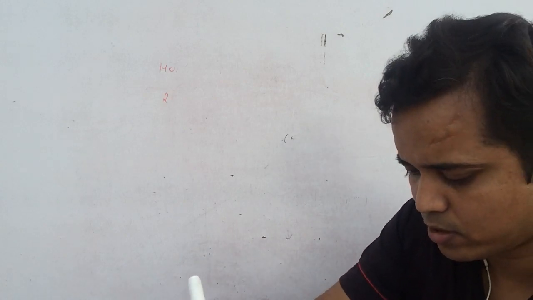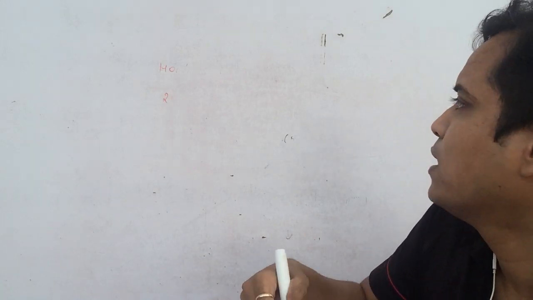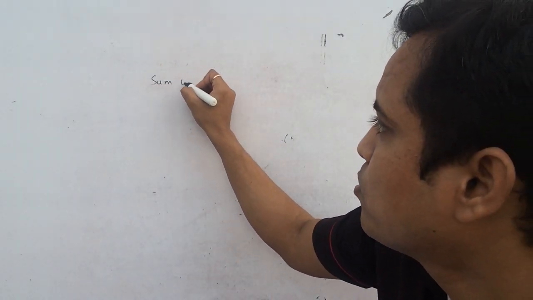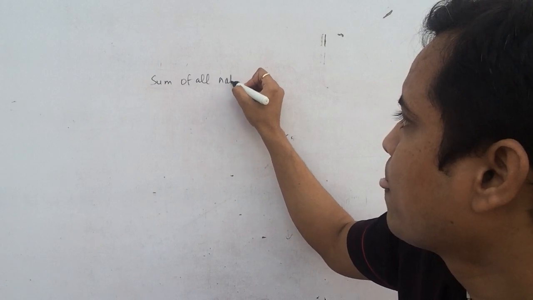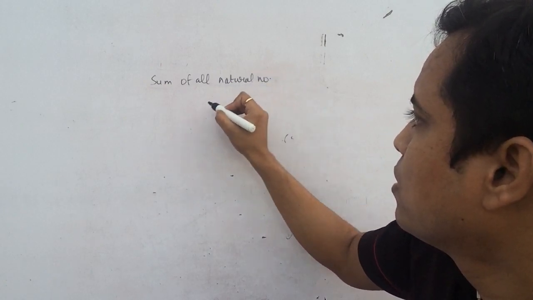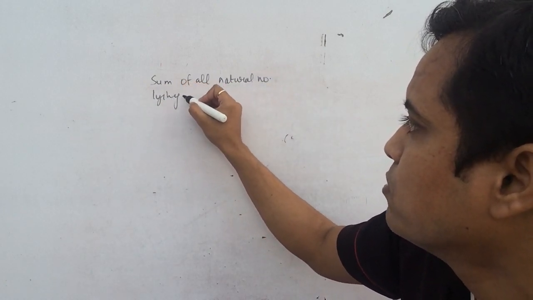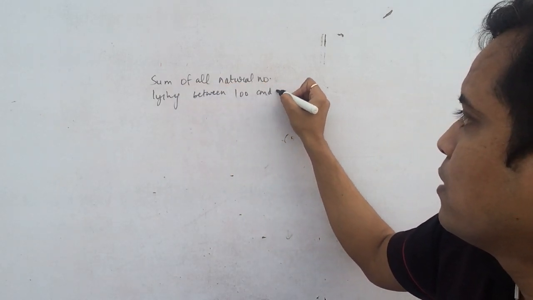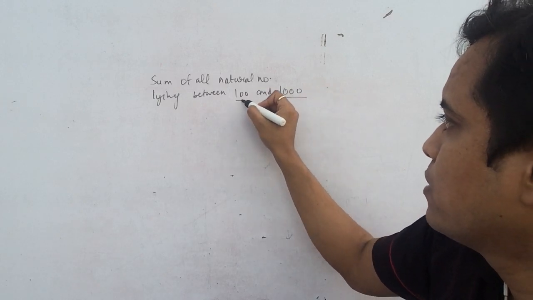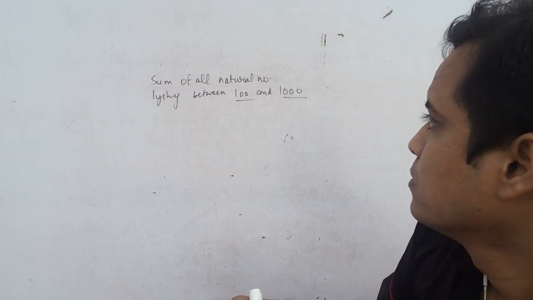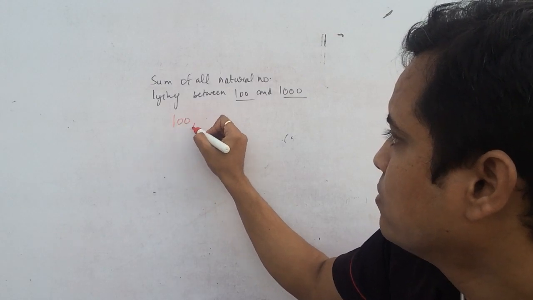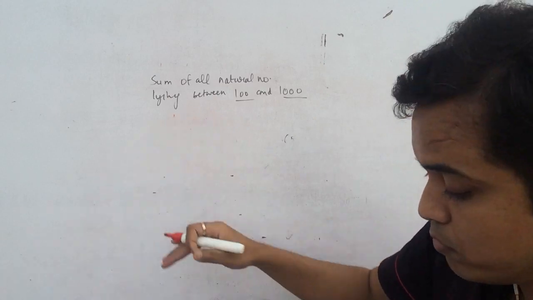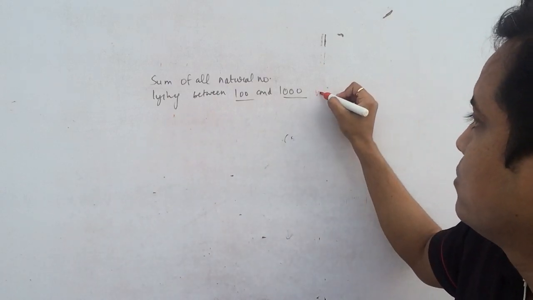Let's do the next question. Find the sum of all natural numbers lying between 100 and 1000. We have to find the sum of all natural numbers lying between 100 and 1000. Natural numbers: 101, 102. There is one condition also, which is multiple of